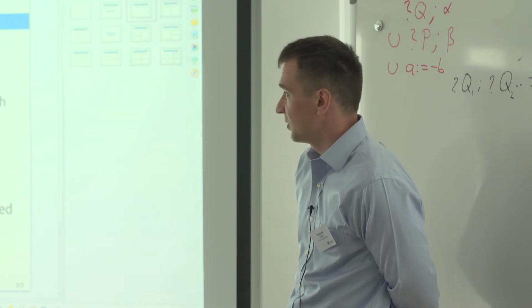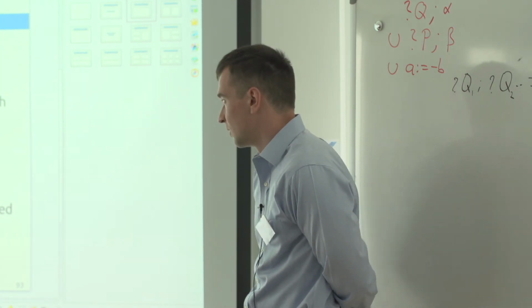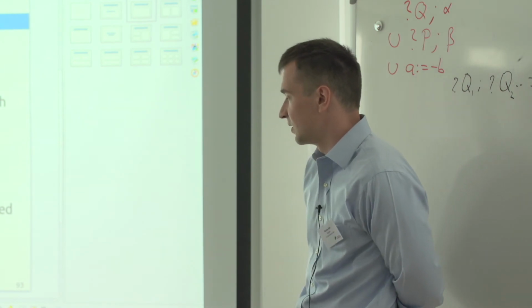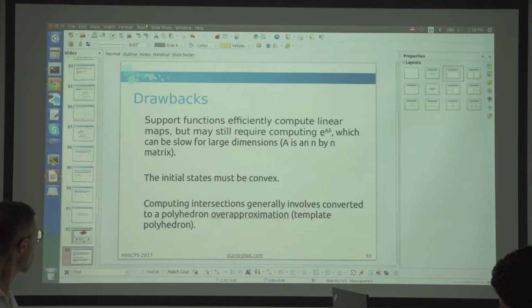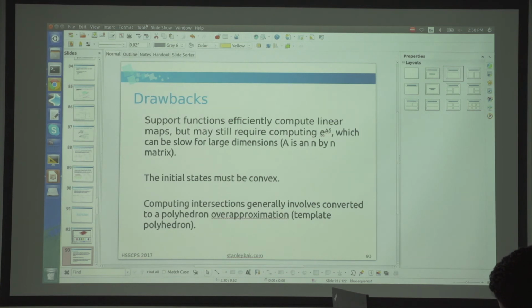There's other limitations. The initial states must be convex because support functions represent convex states. And then intersections become a little bit more tricky. If you want to actually take an intersection of a support function against a guard set, typically they don't do it directly. Instead, they'll do things like template polyhedra, where you take your set of states, you over-approximate it by,